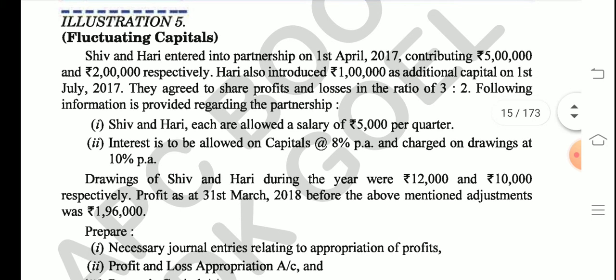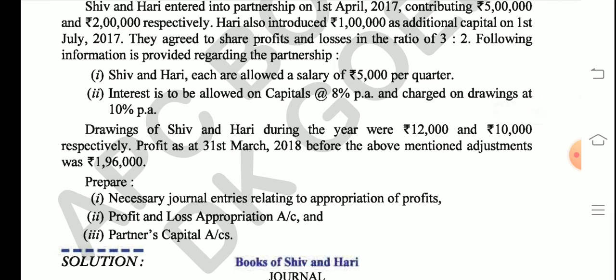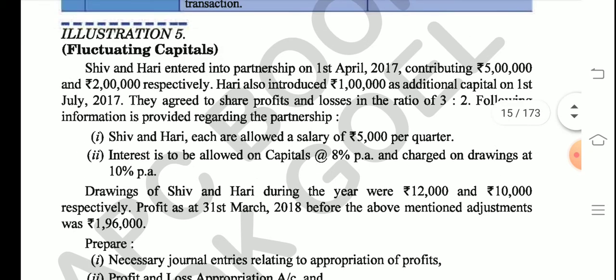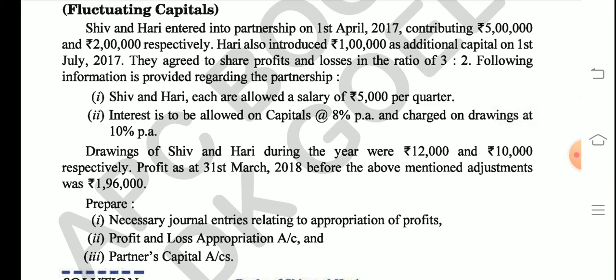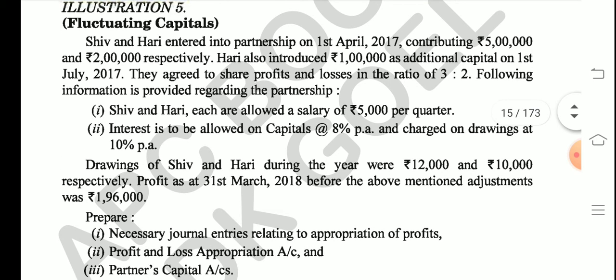Okay, now illustration 5. In illustration 5, it's already mentioned here that the partners are going to prepare fluctuating capital. Fluctuating capital means the partner is going to draw only one kind of account, that is the capital account. So what is the purpose of this question, students? Just read the question from the downward portion. We are supposed to prepare the profit and loss appropriation account and partners' capital account. We have to draw two things. How a P&L appropriation account is drawn, right? We can draw out of this. And the new thing is that the partners' capital account is to be drawn, because the partners have fluctuating capital, so only one account is going to be drawn.